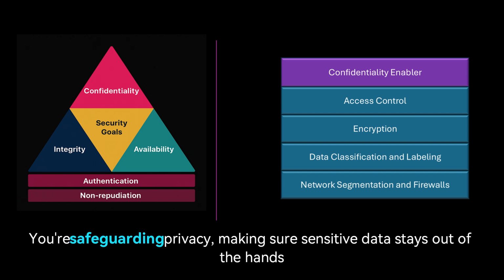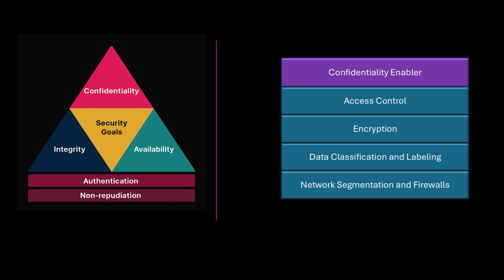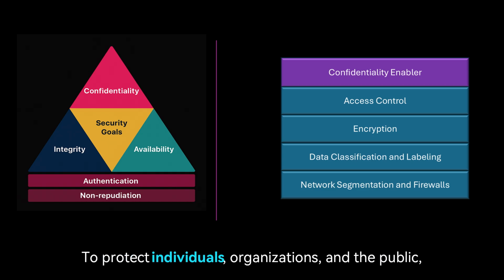You're safeguarding privacy, making sure sensitive data stays out of the hands of anyone who doesn't need to know. Whether it's personal health records, employee payroll data, or classified files, confidentiality is all about controlling access to protect individuals,